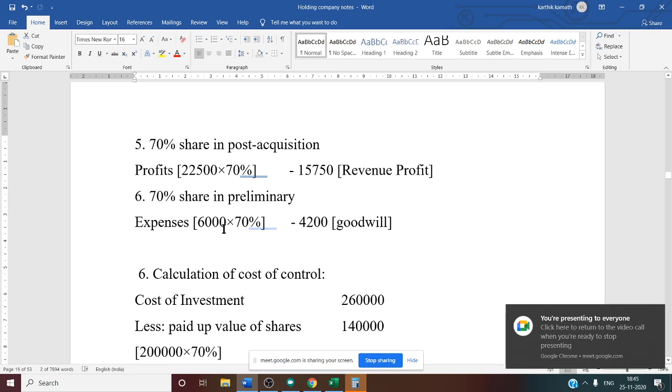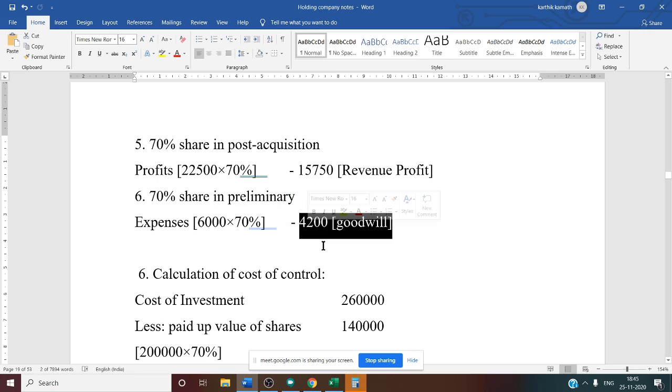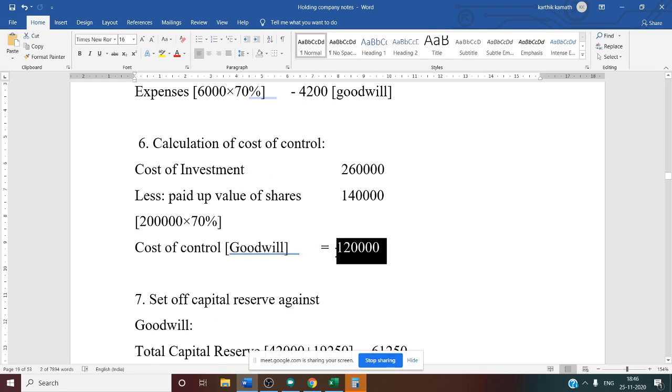Yes, correct. But here 6,000 is there. So 6,000 into 70% is equal to 4,200. This is also correct. So 4,200 is goodwill, means 4,200 we have to take plus cost of control,